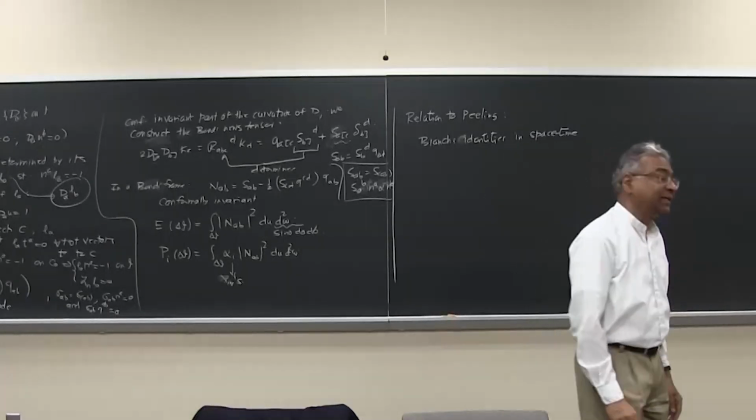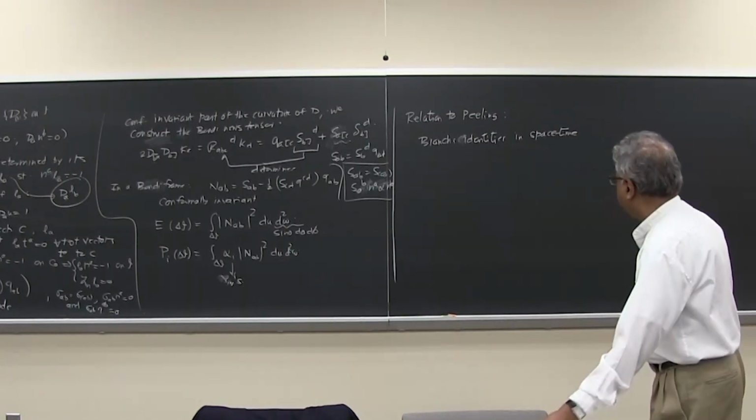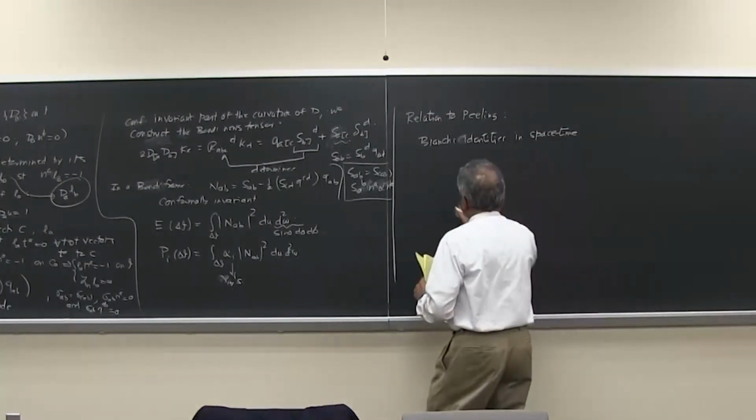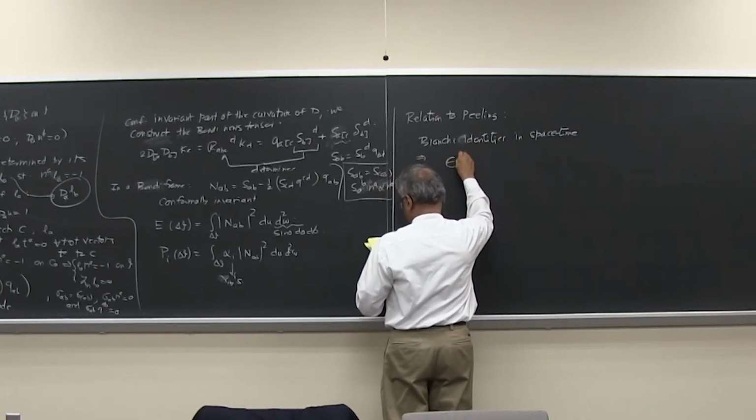We also did a similar thing with black holes towards the end of the discussion, because it will take too long to do it in class. It's not difficult. I gave references, and here also I give you references. So the Bianchi identities in space-time imply that, in fact, if I take epsilon AMN